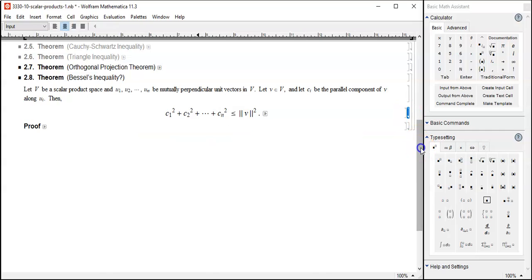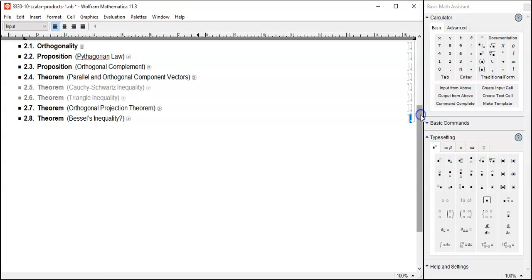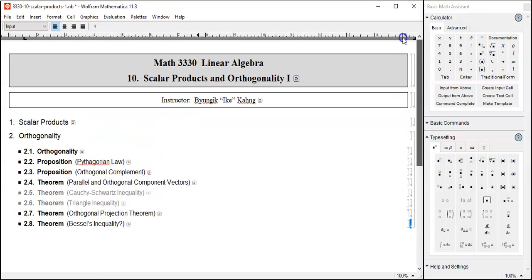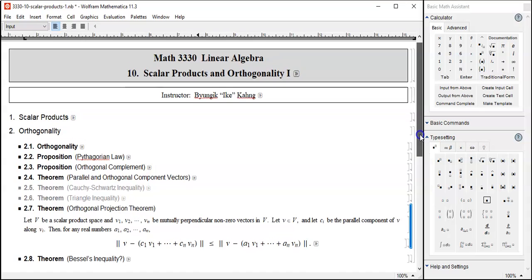Okay, even though we proved it in a previous video, I thought it is better to do it again, and I'm reasonably certain that I can cover 2.7 even after this, so let's go ahead and do that. Next, 2.7, the orthogonal projection theorem, and this one is slightly harder,